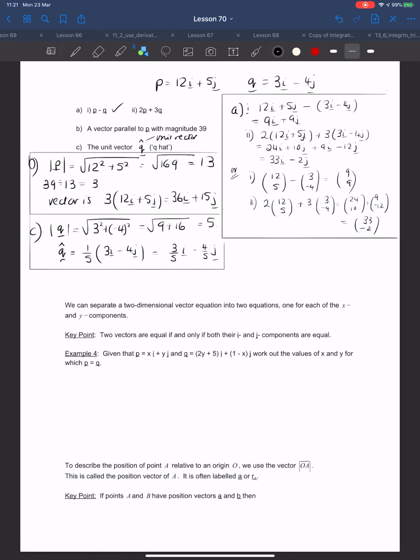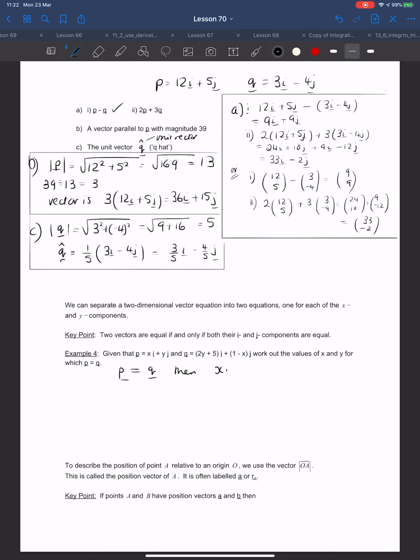We can separate a two-dimensional vector equation into two equations, one for the x's and one for the y's, or the i's and the j's. So two vectors are equal if and only if their i and j components are equal. So example 4: P is xi plus yj, Q is (2y plus 5)i plus (1 minus x)j. Work out the values of x and y for which P equals Q. So if P equals Q,